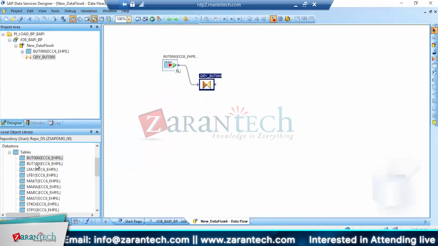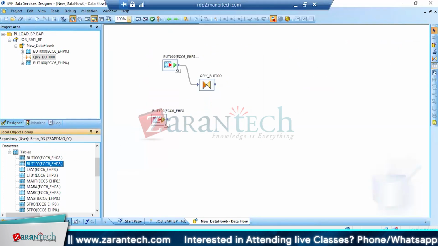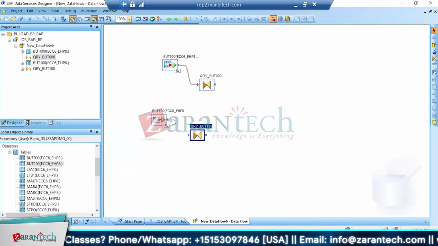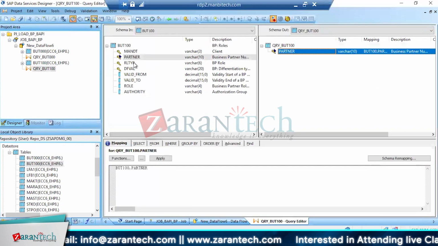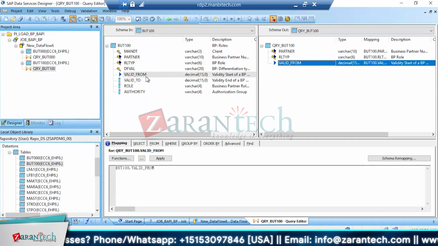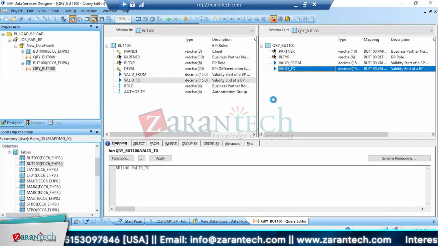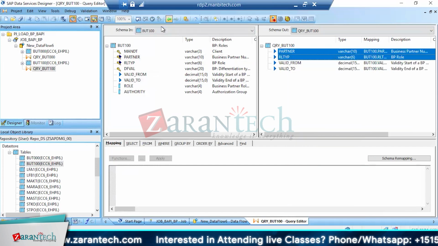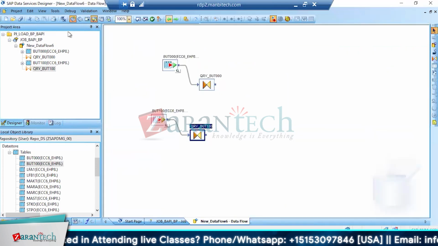Then let me get this BOT 100. Query BOT 100. What do I need? I need the partner. I need the role. I don't need this. I need valid from and valid to. Okay. Then what I will do,